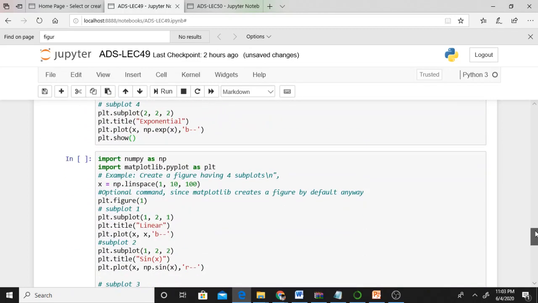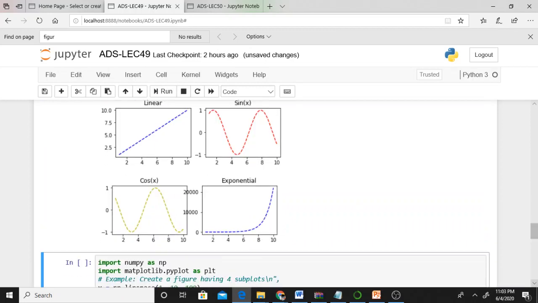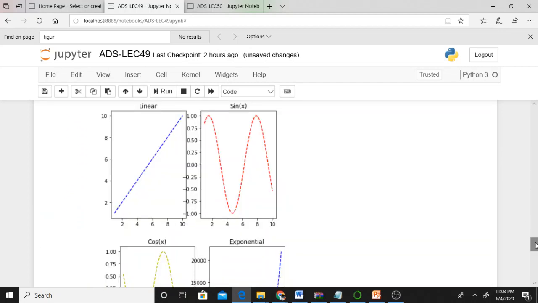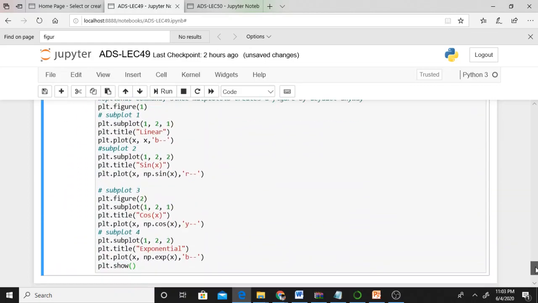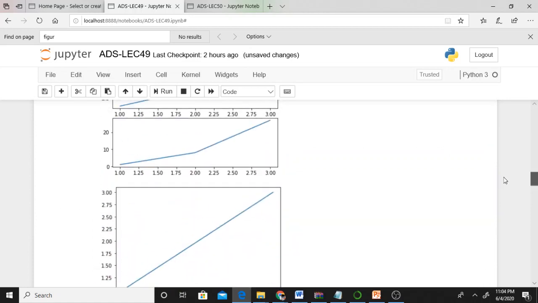Even this also I discussed. 4 plots I can keep. How can I keep? I already discussed this. This second one is also similar to the previous one, so that you can understand. I will continue my discussion in my next lecture also on the same concept.